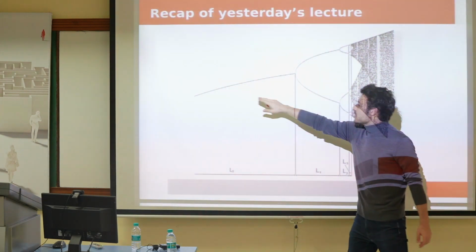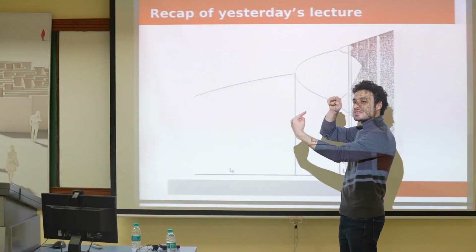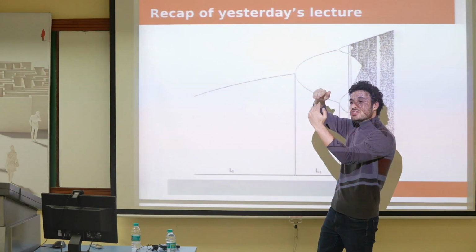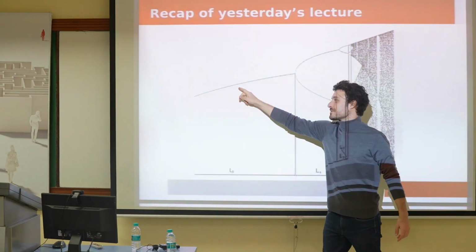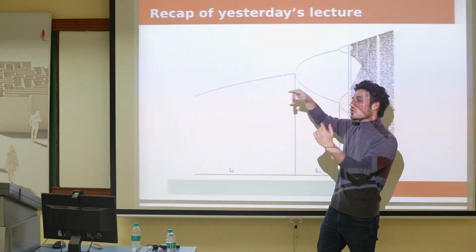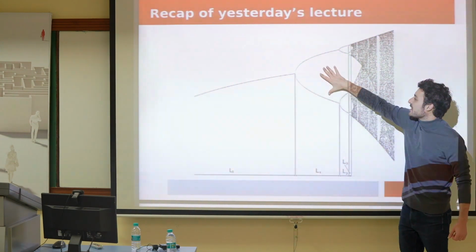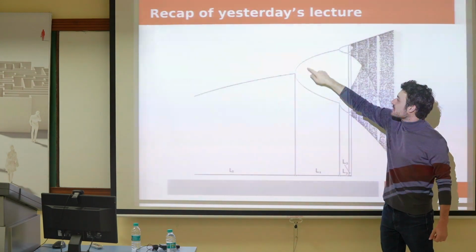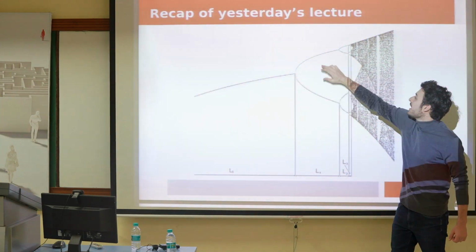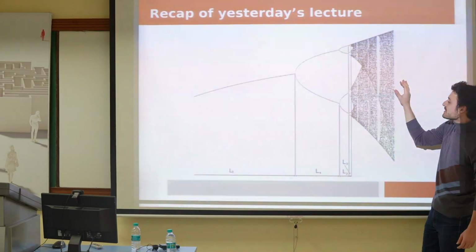As we recall, this line describes the fixed point of the system. This is the steady state reached by the population of rabbits in the logistic map. If you have a small starvation rate, then that is just constant, so the population settles to one value. Then you had a first bifurcation, where suddenly the population started to oscillate between these two values, and we saw that there was an unstable branch here. And then this bifurcation happens again and again on smaller and smaller scales.